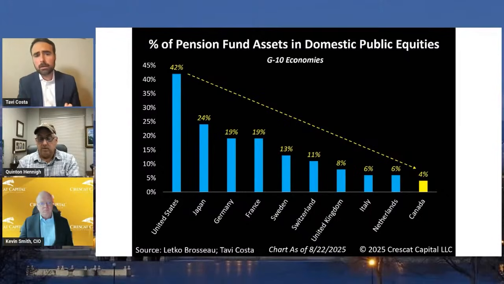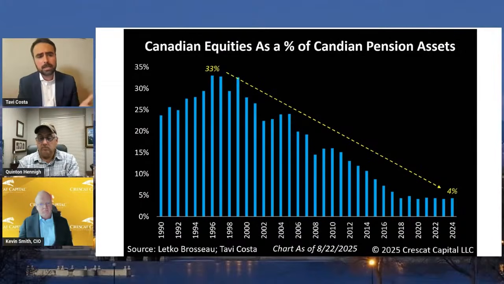It wouldn't shock me at all, even if it's more than that. Now you can run those numbers even further into these other economies too. Now, if you go to the next chart, all right, well, that 4%, what has been in history? That was his point in his interview, that used to be 30+%, almost 40% at some point, and now it's down to 4%. I'm only going back to the 90s here, and you can see that back in those days, the Canadian pension funds were a big part of the market at that time.